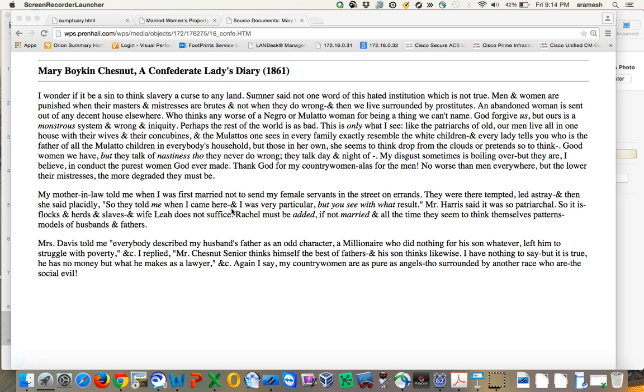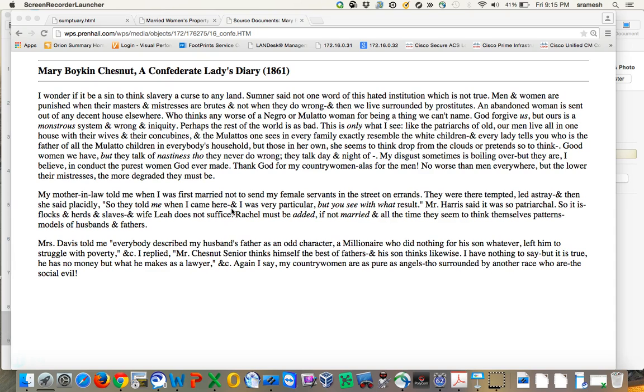As we can see from our fifth source, A Confederate Lady's Diary by Mary Boykins Chestnut, which implies that a white domestic woman provided the moral ground for her household by exempting the woman's role in slavery and its cruelty while denouncing a man who chooses to have relations with a slave woman.